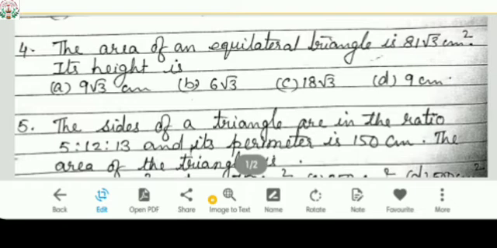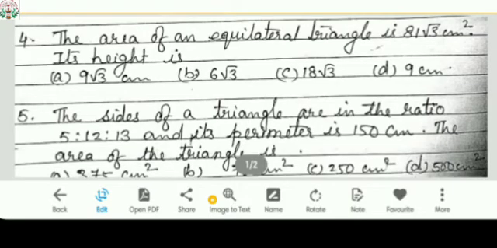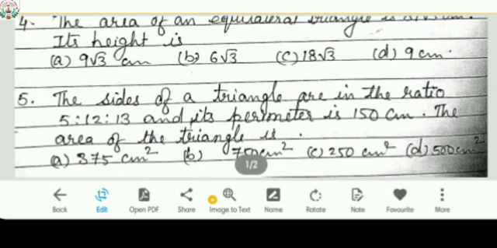Okay, so area of triangle both will be same. Already area is given as 81 root 3 cm square equals half into base, which is the same because all sides are equal. So value of A you will get. So you write there the value of A in the base, and height, altitude, you have to find H. So now H, on simplification you will get 81 root 3 upon the value of A you will get, you divide and see what answer you are going to get. Okay, out of the 4.